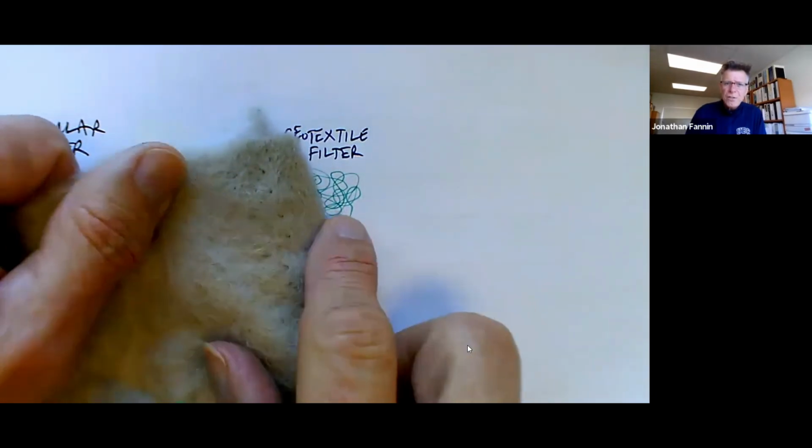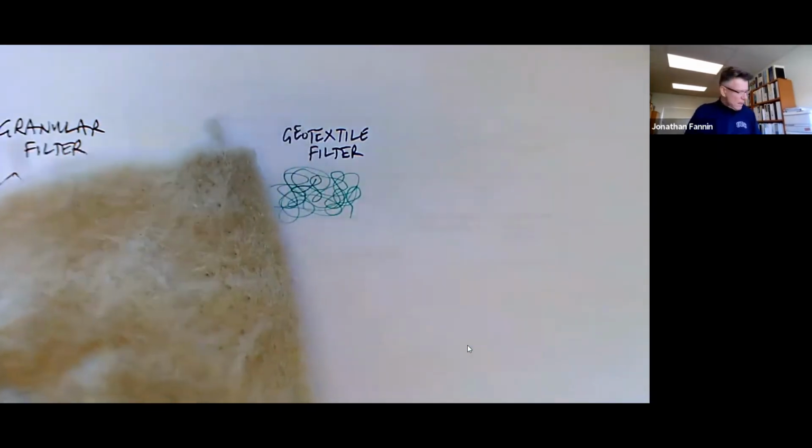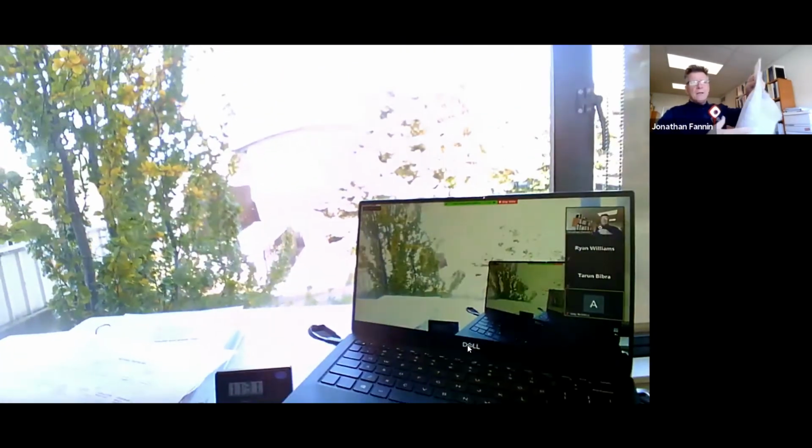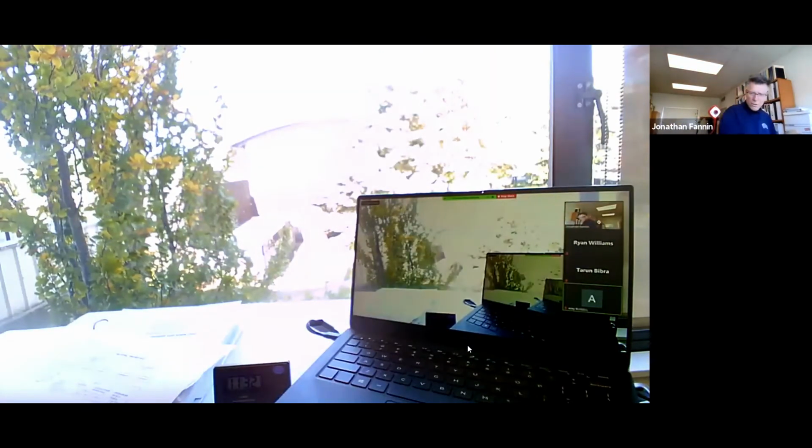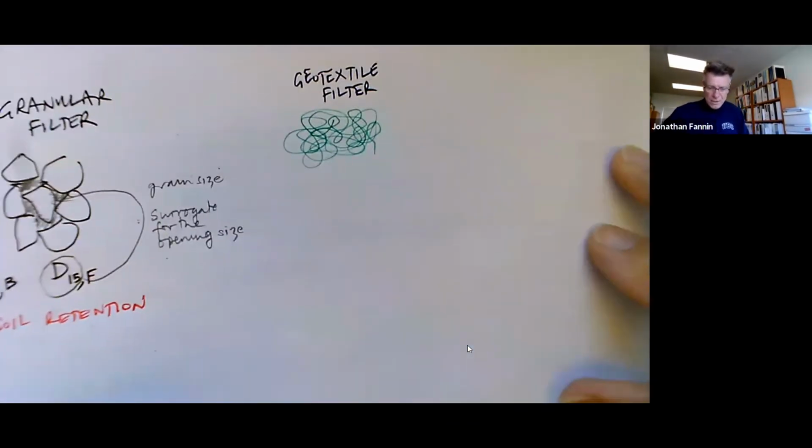It has a bunch of opening sizes, right? We can see that if I hold it up to the light. Do you see the way they've got more open areas? The opening sizes must be a little larger there. And let me go over to here, and I get a little bit of a clump about here, and the opening size must be a little smaller there. So that's the world of a non-woven geotextile.